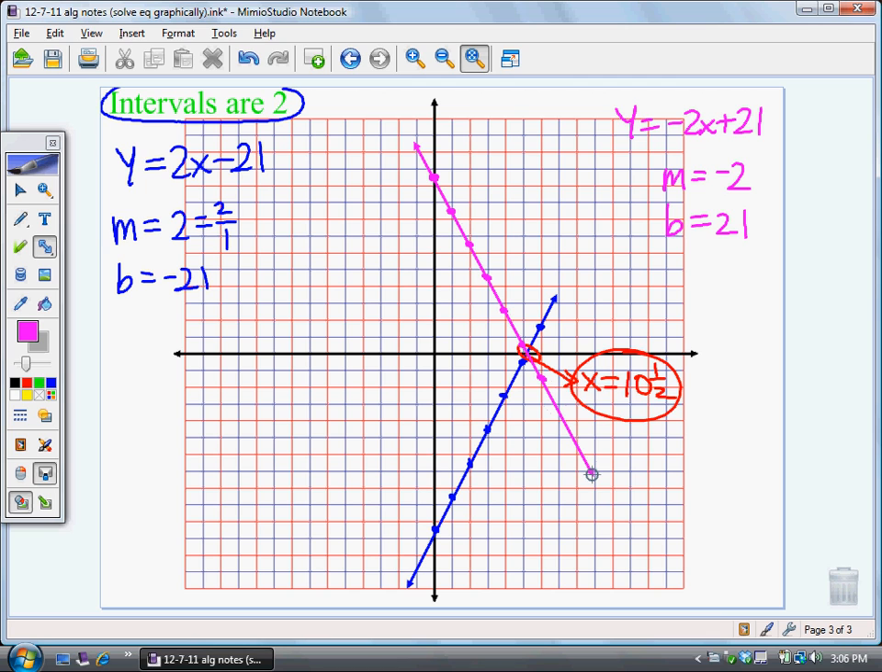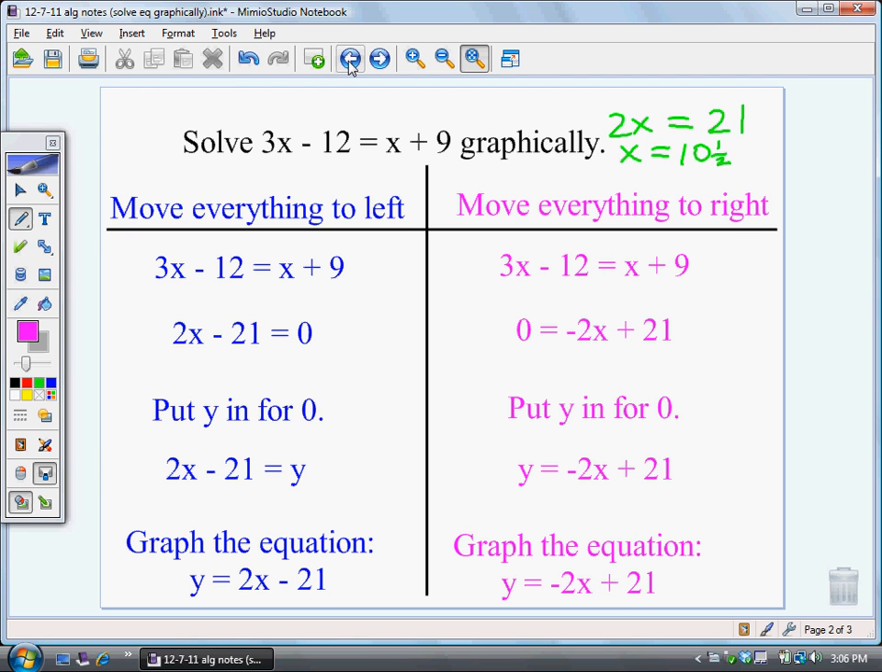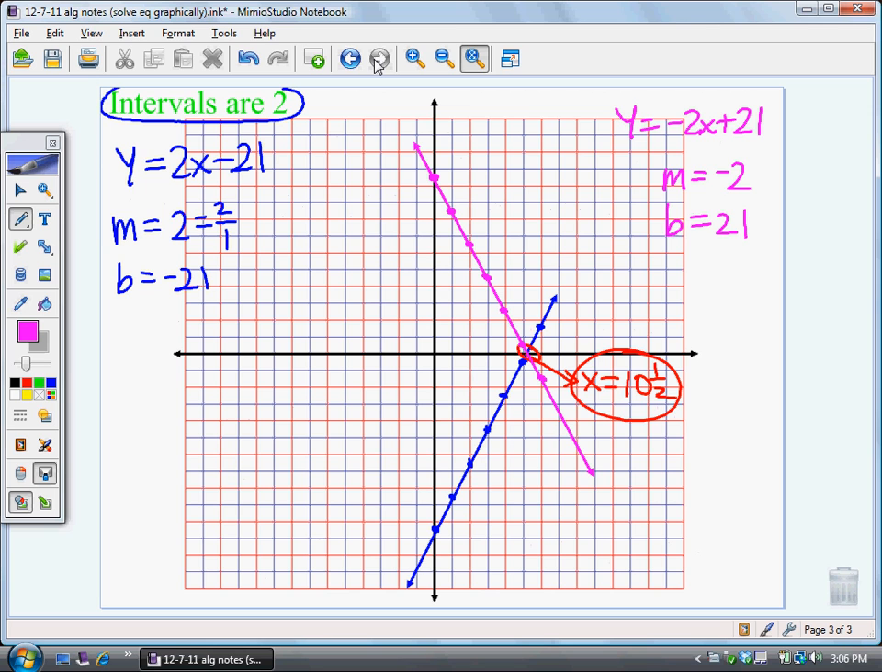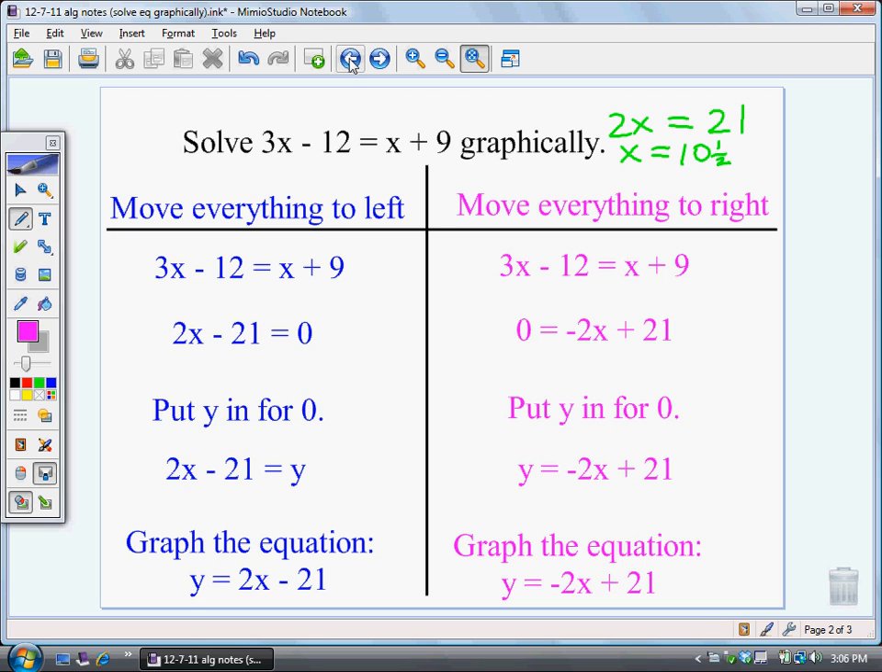And you can see that the line crosses at the same spot. And so we've done it graphically. It doesn't matter whether you take everything to the left in the blue or to the right in the pink. Our answer, our x-intercept, is the same thing, because one line goes down, one line goes up. They intersect at 10.5 on the x-axis, and 10.5 just so happens to be the answer we found here